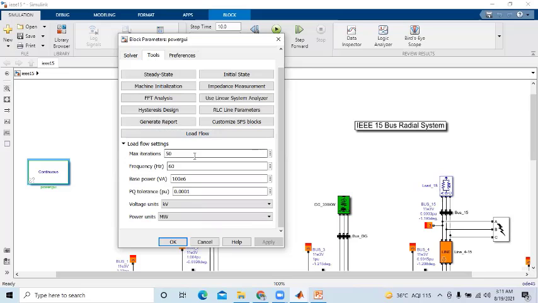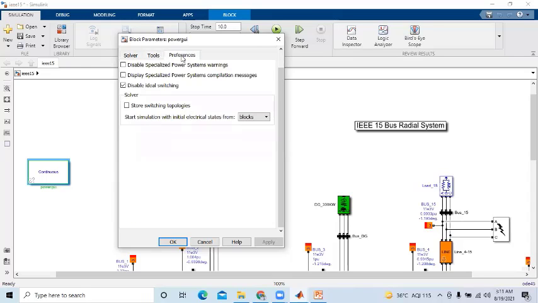Okay, so if you would like to change the 50 iterations, we can do this. Sometimes it happens that the load flow doesn't converge within the 50 iterations. So in that case, we may increase the iterations from 50 to 1000 to 2000 and so on until the load flow is converged. And if still the load flow is not converging, in that case we have to consider what the various types of errors might be.